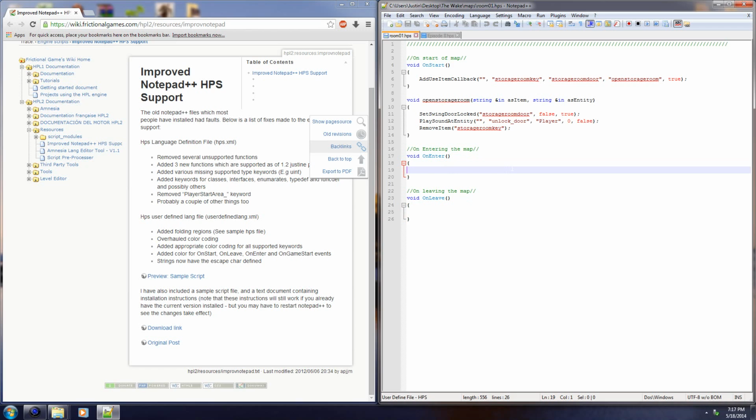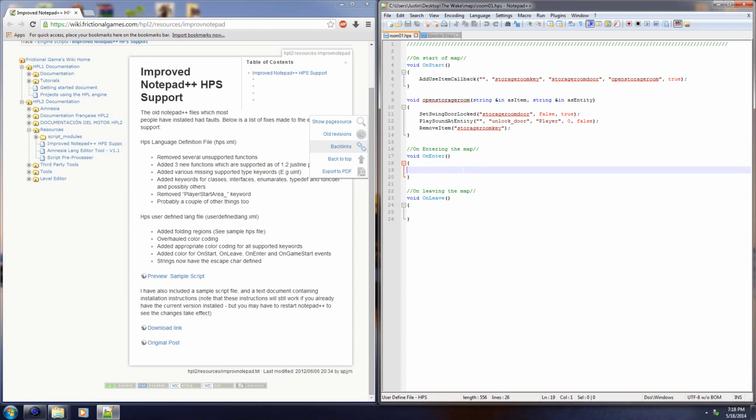I would recommend you guys do it, but then again, you guys don't have to. If you guys are okay with C++, the C++ language listed here, or any other ones, that's perfectly fine. But I just like this one, and plus it was also made for HPS, so by the developers. So I myself am going to use it. So let's go ahead and